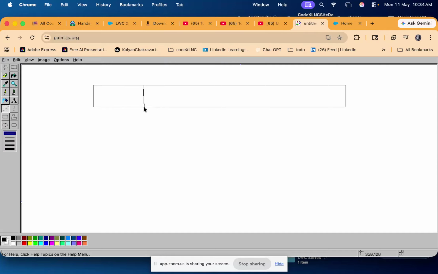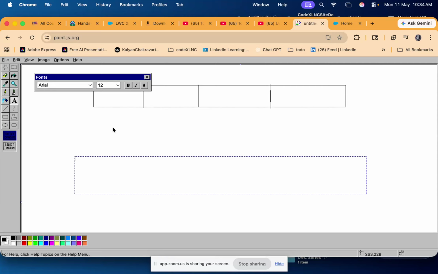An array is nothing but a group of elements of a particular data type